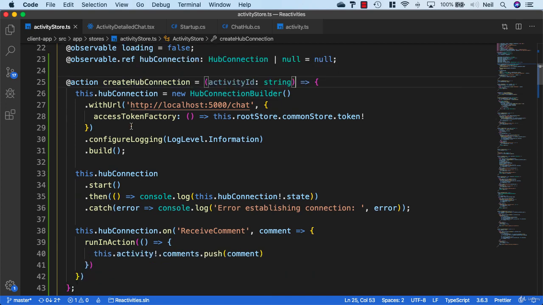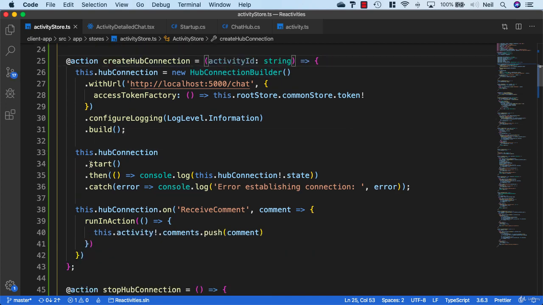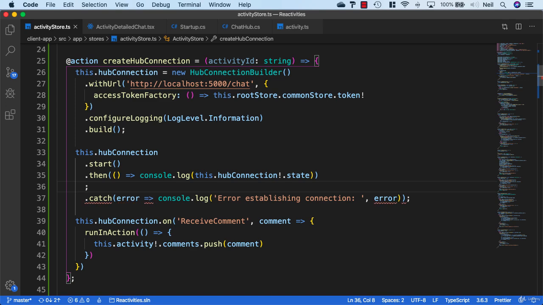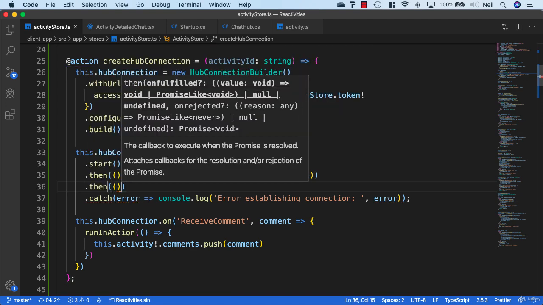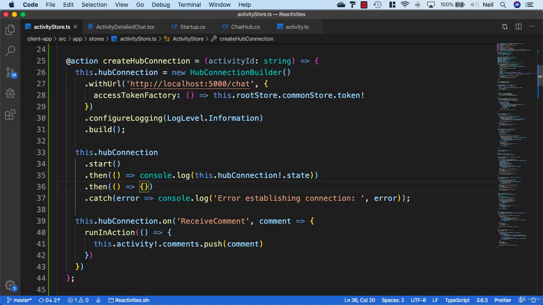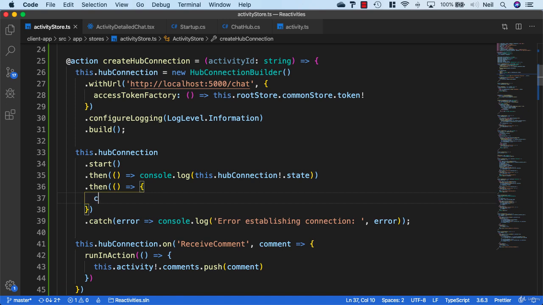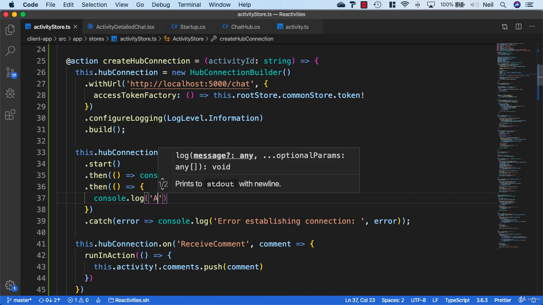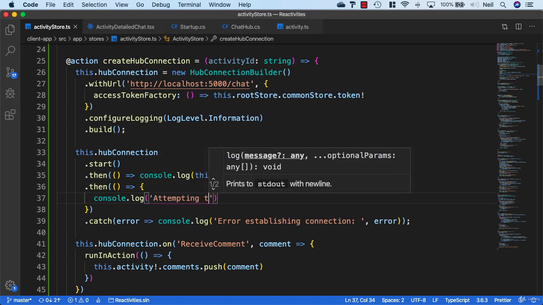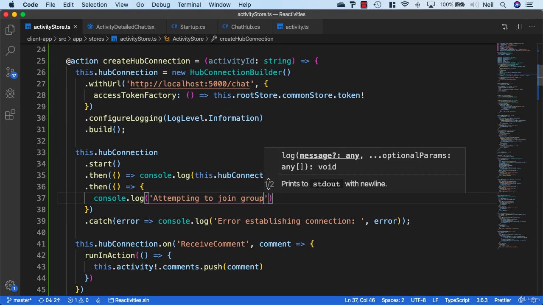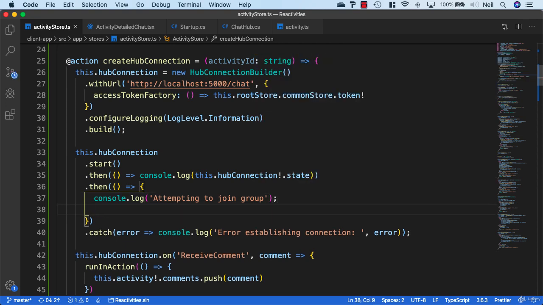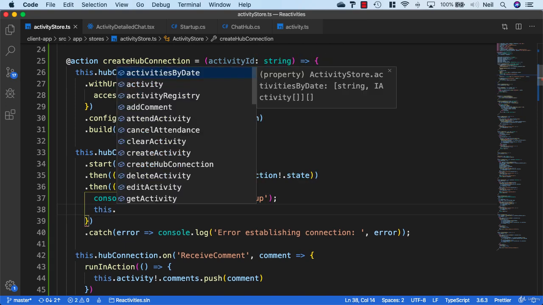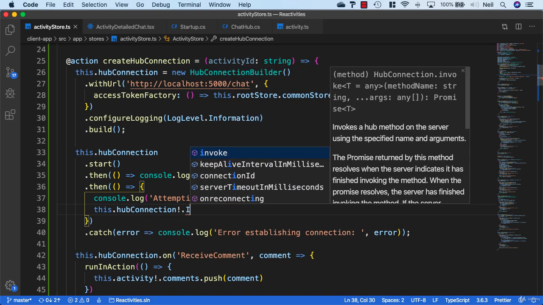And then what we'll do is, after we've started our hub connection, we'll chain on another .then condition. So we'll say .then, and in here we'll open some curly braces, and first of all we'll just add a console.log statement just so we can see what we're attempting to do. So we'll just say attempting to join group, and in the second statement we'll say this.hubConnection, and we'll say invoke,